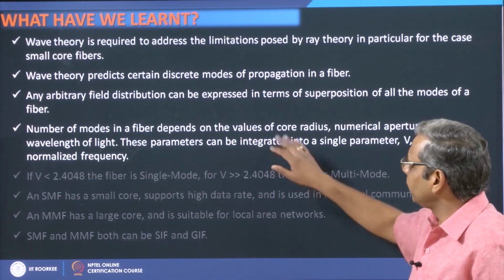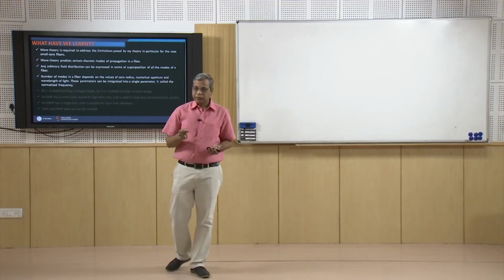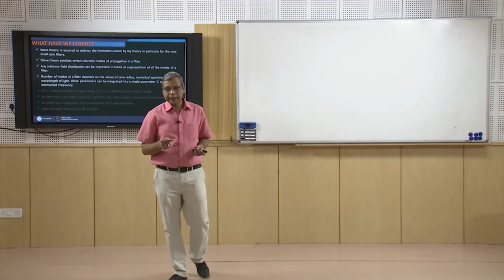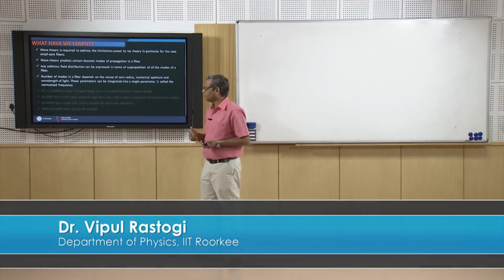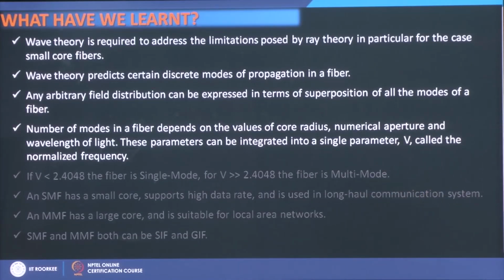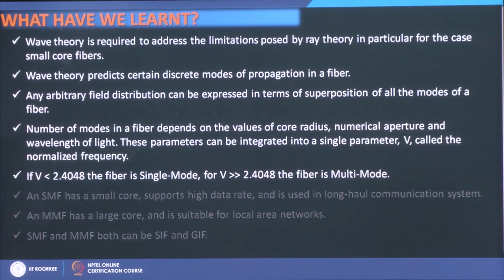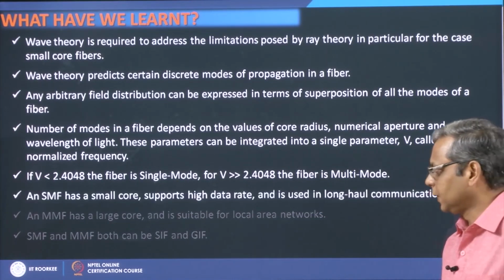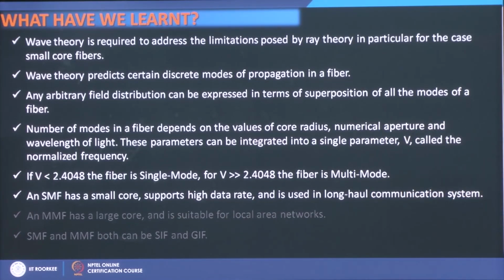The number of modes in a fiber depends on the value of core radius, refractive index difference between the core and the cladding, and the wavelength. But all these parameters can be integrated into a single parameter which is called V, the normalized frequency. If V is less than 2.4048, the fiber is single mode, and if it is much larger than 2.4048, it is a multimode fiber. A single mode fiber has a small core, it supports high data rate, and